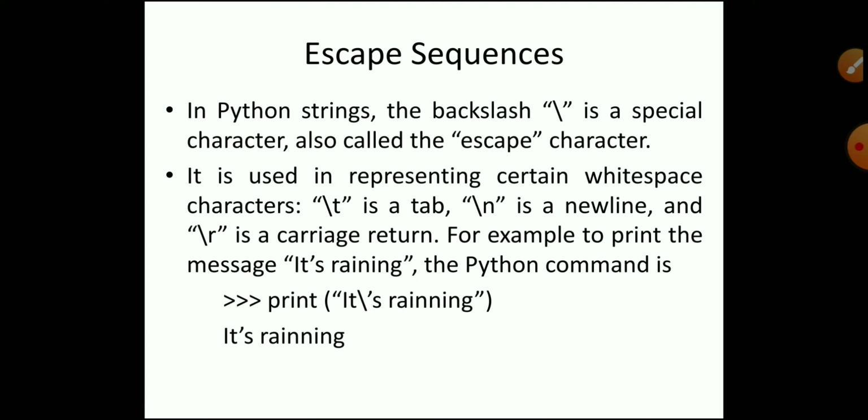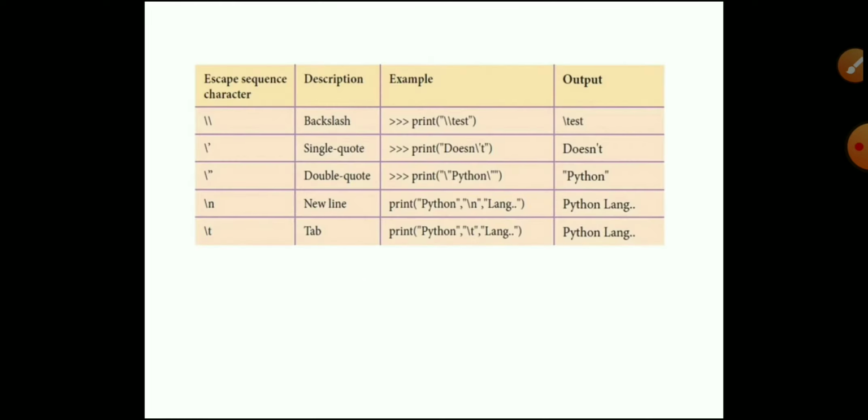That backslash is used to display the single quote in the output side. If we didn't use backslash, an error will come. If we use a backslash, the error will not be displayed in your program. The output is: it's raining. So if we don't mention backslash, error will come; if we mention backslash, no error will come. Why? Because backslash clears the error as well as displays the single quote at execution time.